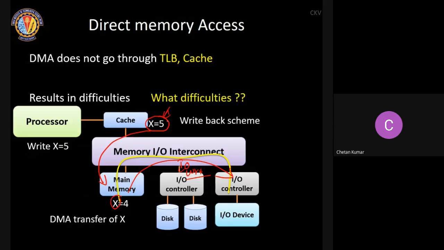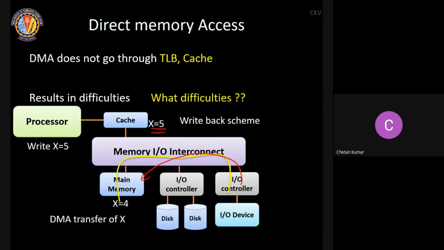We usually write back only when this block is about to be replaced. But in this case, we have to forcefully write into the main memory and then only send the correct data. That is how you will be able to rectify this error. The other problem is, here you have X equal to 5 currently, and